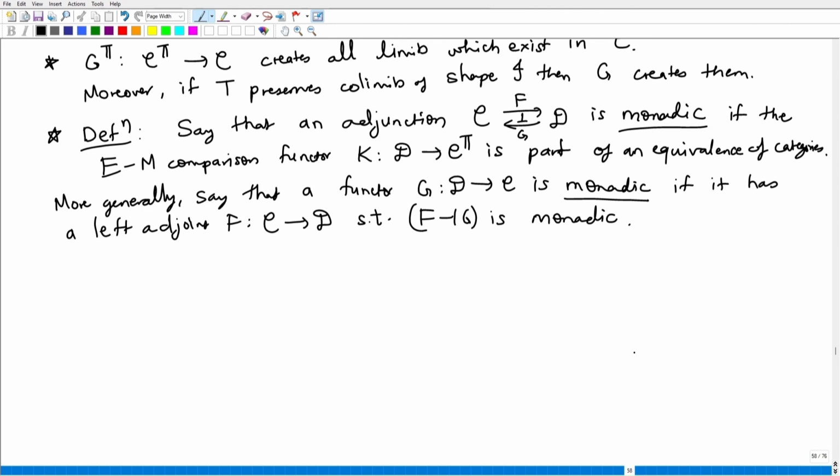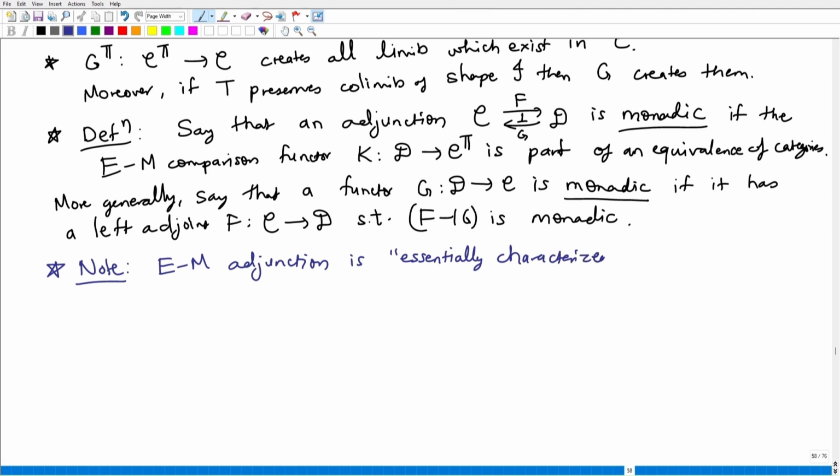Okay, so one important thing which we could have seen earlier, maybe: G epsilon sub F was an important functor. You remember? So there is a note which will motivate our discussion further. So the Eilenberg-Moore adjunction is essentially characterized in the category of adjunctions by the fact that